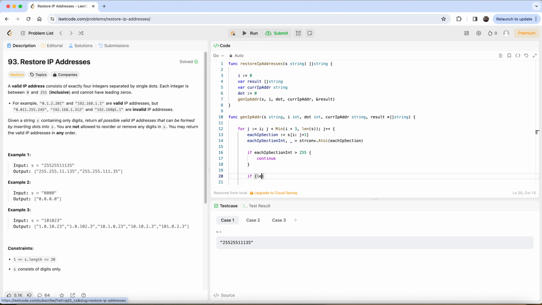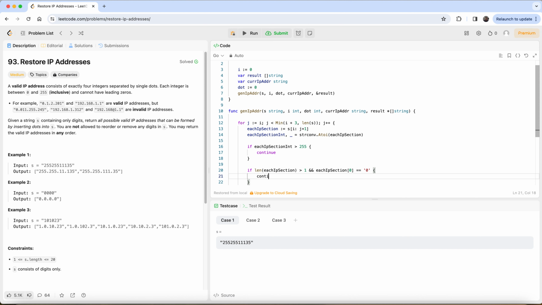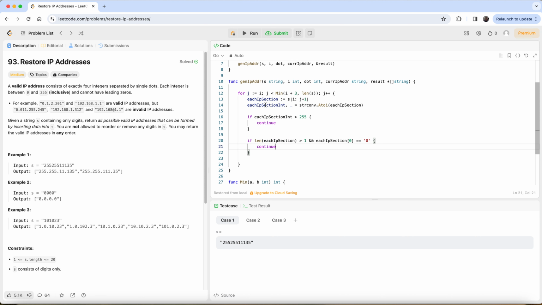If the length of each IP section is greater than 1, and the first index has 0, then we can ignore that also. So if this one is equal to 0, then continue this also. Otherwise I can call